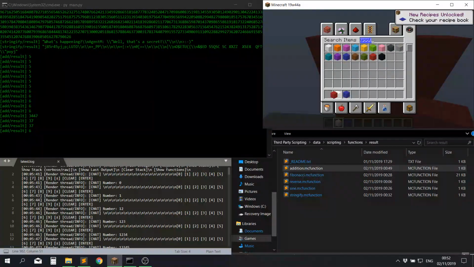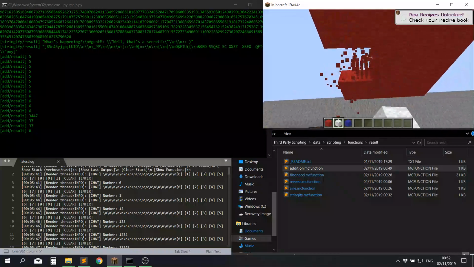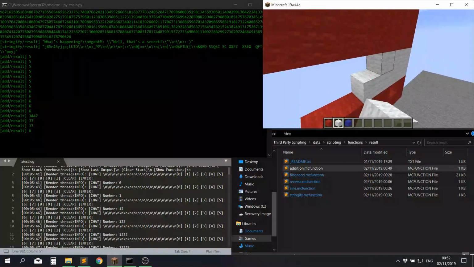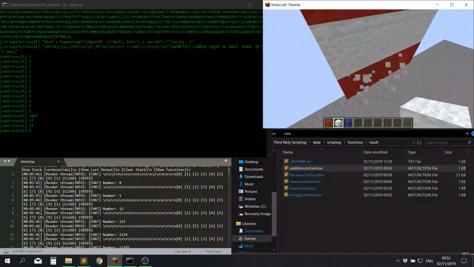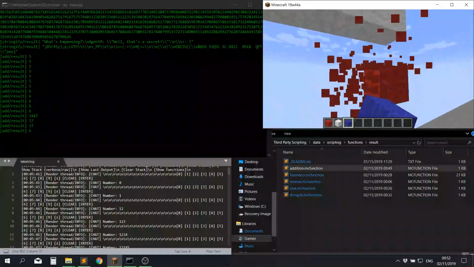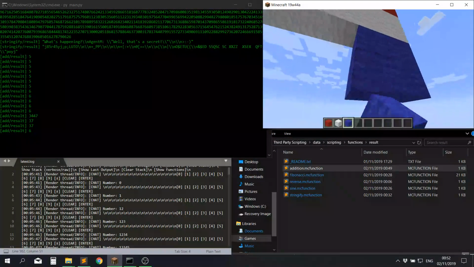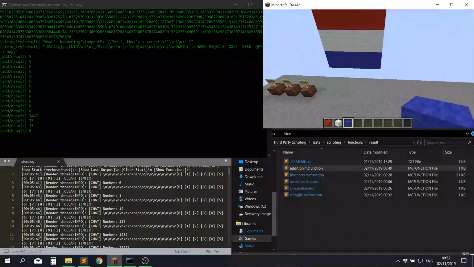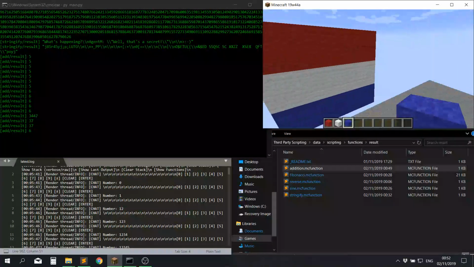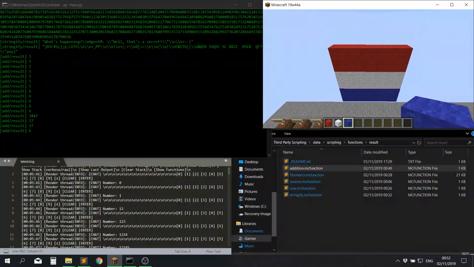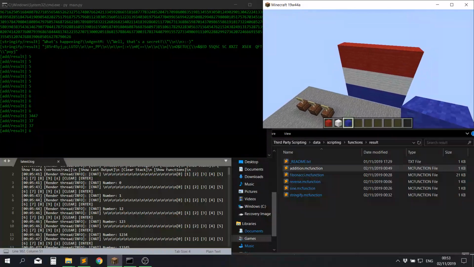For example, the Dutch flag, it would just write set block commands for each of those pixels, put them in a Minecraft function file. Minecraft will react by executing the function file, and it will probably need more than one tick, but I can adjust that easily, or I can just wait for it, and then we'll just print the image in Minecraft. And you can basically do any URL, any image,